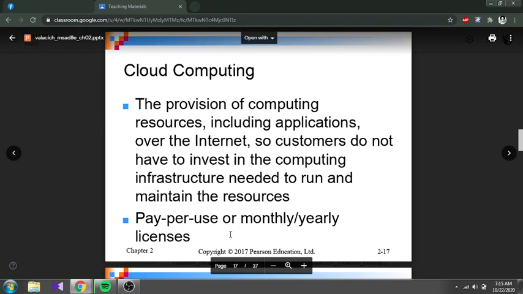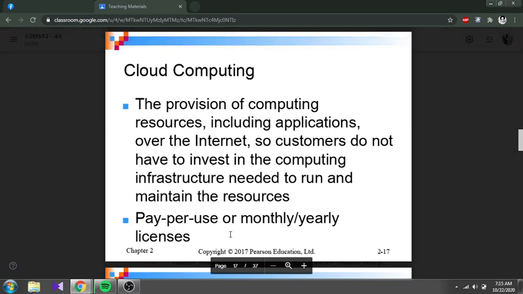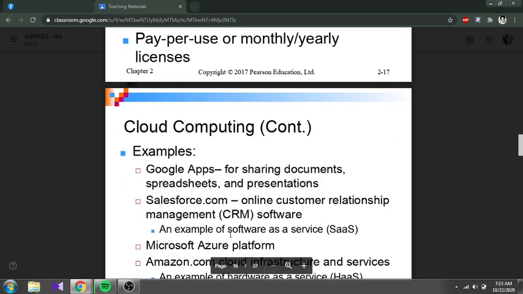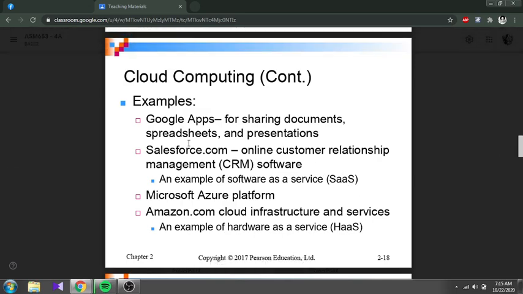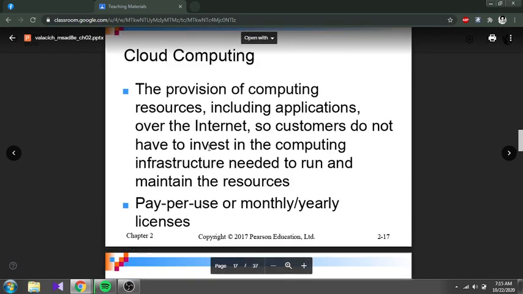If you want to go for pro membership, let's say you have to pay some amount of money. An example is Google Apps. Even I subscribe to some extras for Google Drive. Okay, Microsoft Azure, Amazon. After this I will ask you for examples of cloud computing.